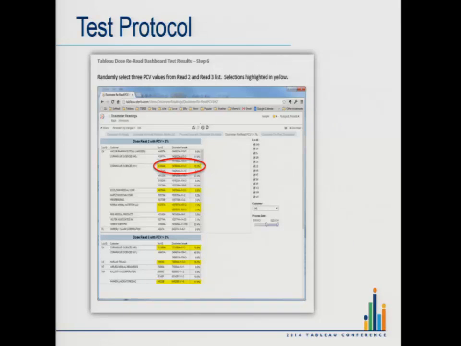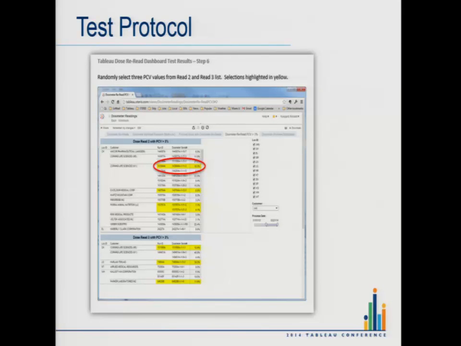If somebody reads the dosimeter to find out how much dose a product got, and for some reason they have to go through a rereading process to verify that dose, we validate that the reread dose matches or is closely matched to the original. And if the percent coefficient of variation between the original and the reread is above 2% or above 3%, then we have a problem, or we have something that has to be investigated further. So in this example,